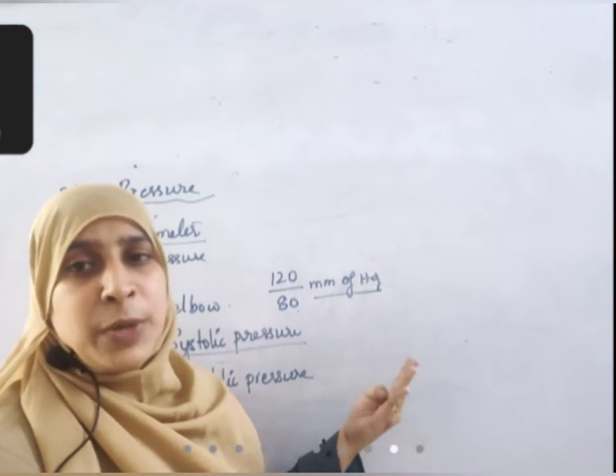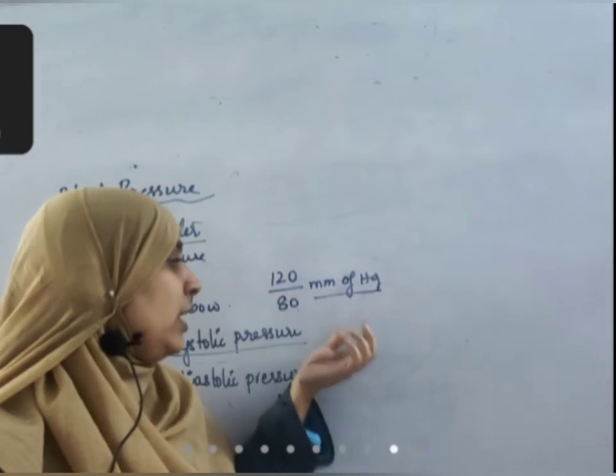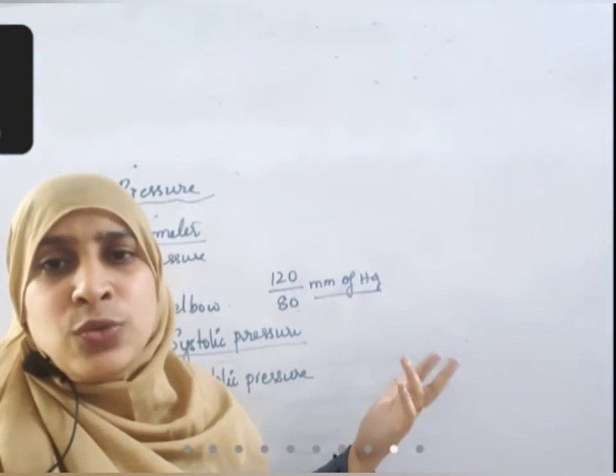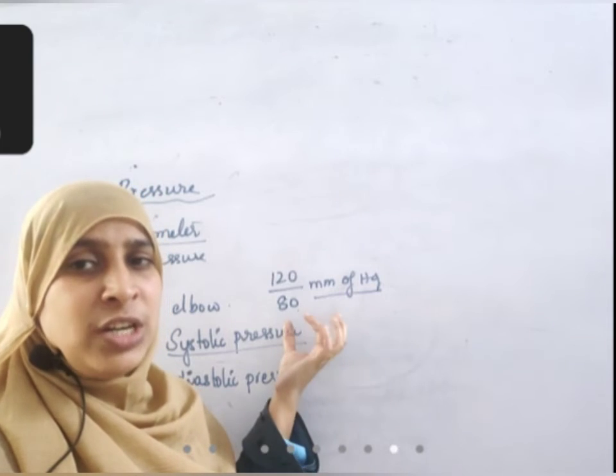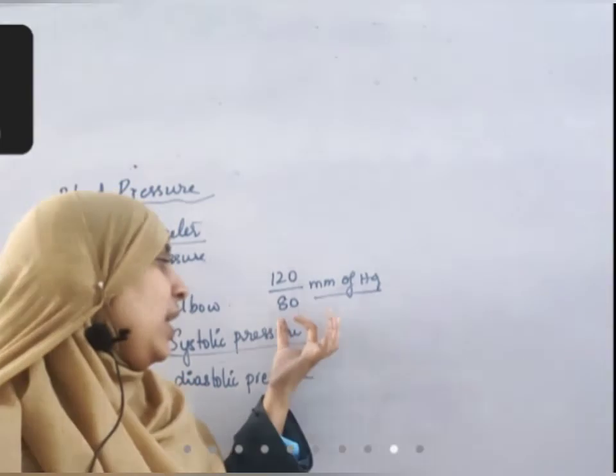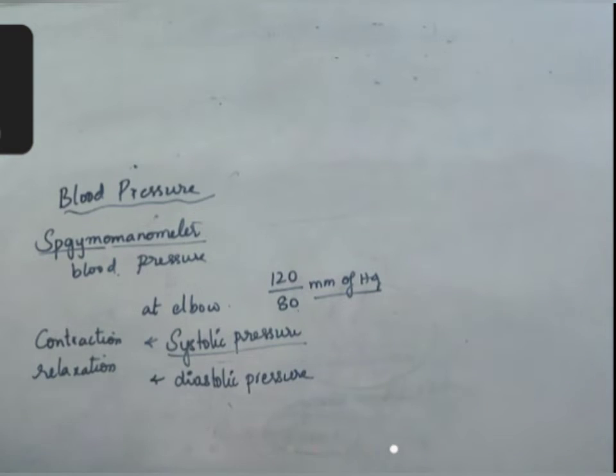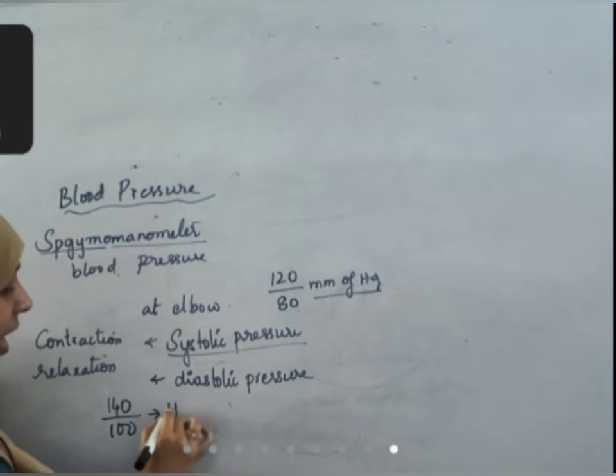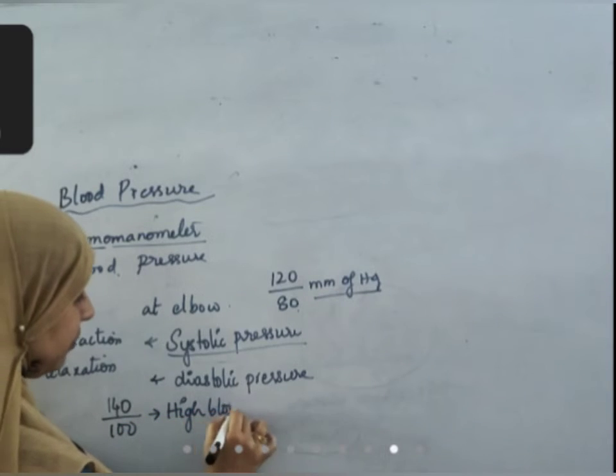At that time, pressure of blood in arteries will be 120 mm of Hg. When the blood travels to fingers and comes back, at that time, pressure in veins will be simply 80 mm of Hg. So that is how blood pressure is measured. Because of eating spicy foods, getting more anger, being more reactive, or hormonal stimulation of anger and hatred, BP can rise to 140 by 100. This is called high BP or high blood pressure.